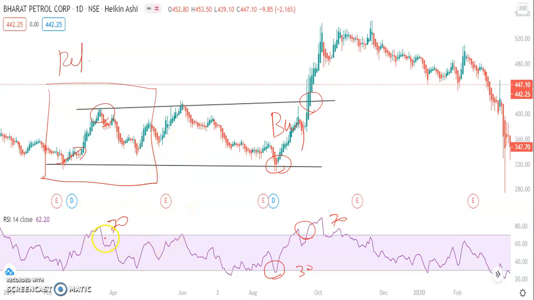Okay, so again, here it didn't reach down, so I don't consider this a reference. For example, here at 70, it took a reverse trend, but it didn't reach 30, so I don't think it is a strong setup for a sell. But for the buy, yes, it has a strong setup.